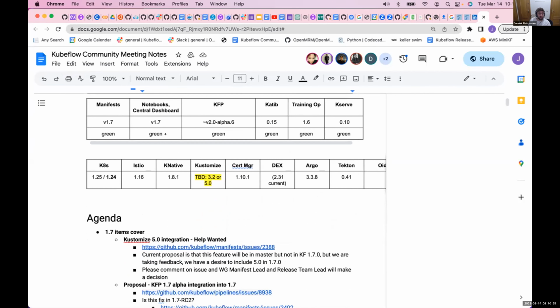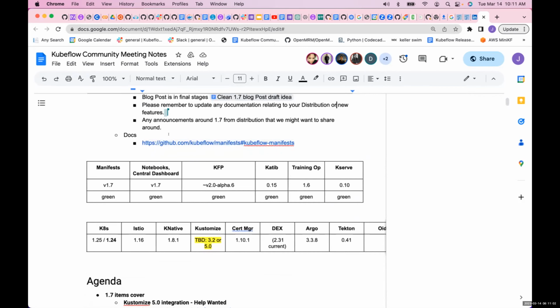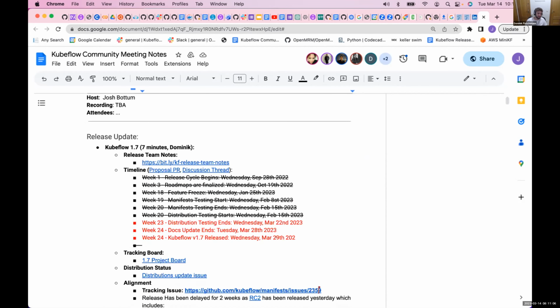Any questions, anything regarding the release that we want to talk about? So the new date is what exactly? March 29th. We were deciding between delaying it for 1 week or 2 weeks. We wanted to be on the safe side because I really don't want us to delay it again. 2 weeks should be plenty of time to test this RC and make sure we cover any issues that we encounter. And to be clear, that's the date that the manifests get cut, right?